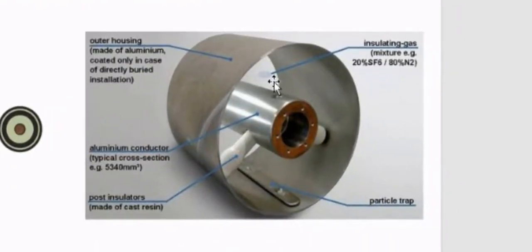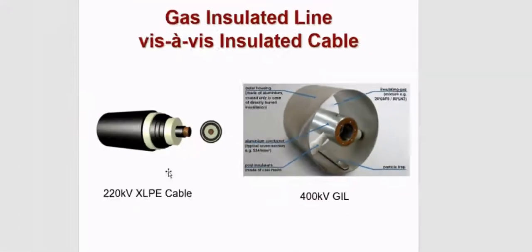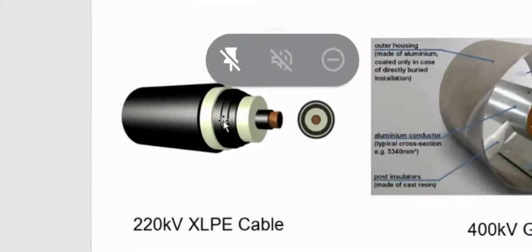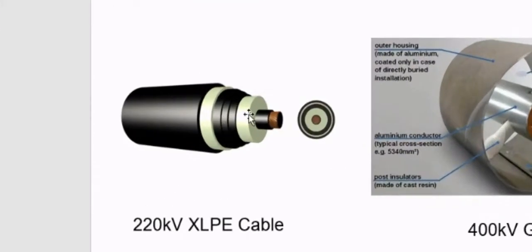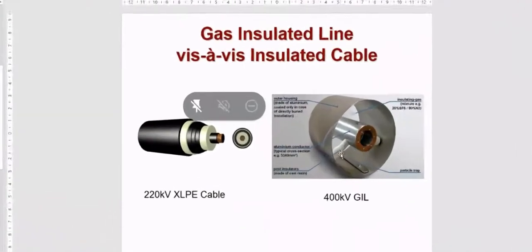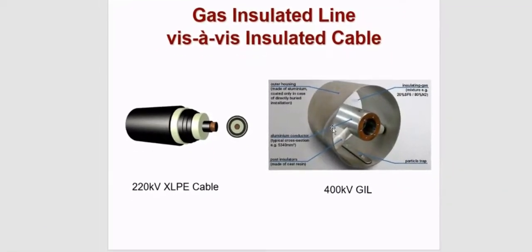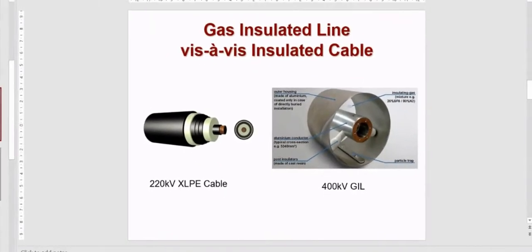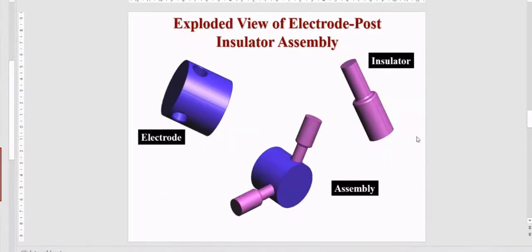And by the way, this is exactly the project I was telling in my last class. I worked in 1998 in Siemens, and all these photographs, etc., I collected from them. And equivalently on the left side, you can see a 220 kV XLP cable where the insulation is solid insulation, layer after layer, whereas in this case it is just gas. You can see these white insulators are for support only, the rest is all SF6 gas. These are the CAD drawings which we used to generate.